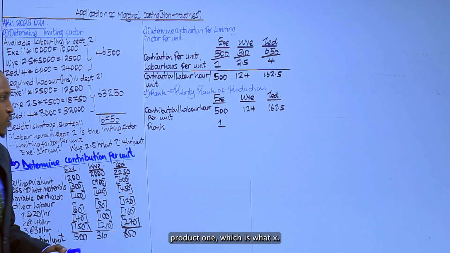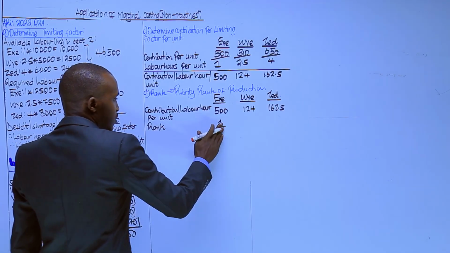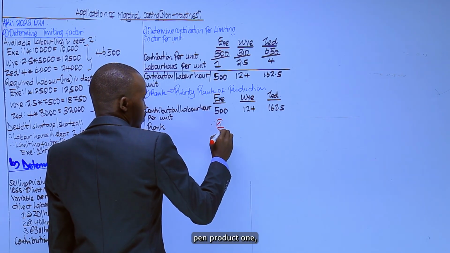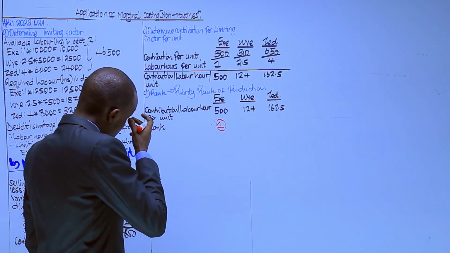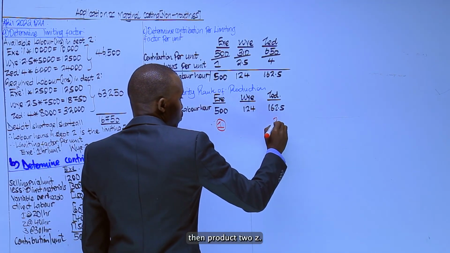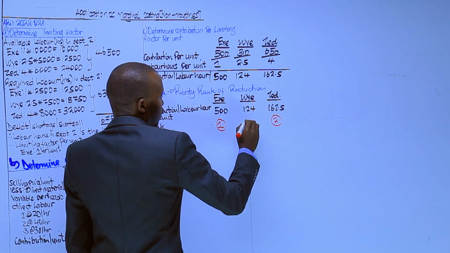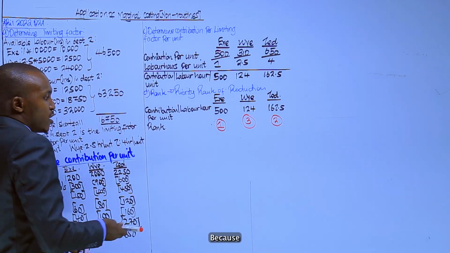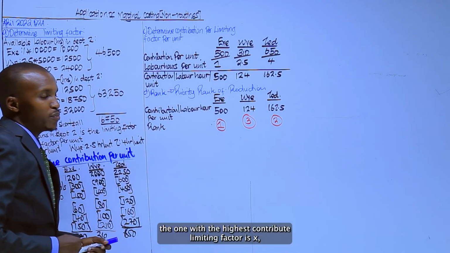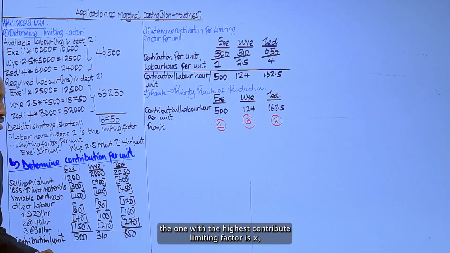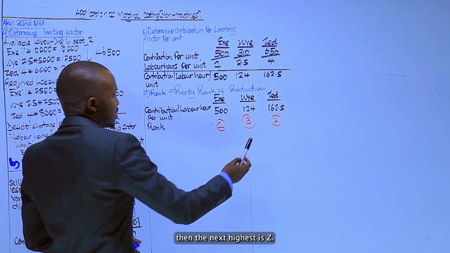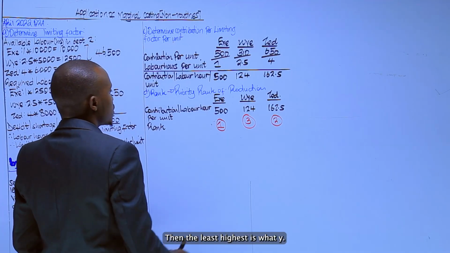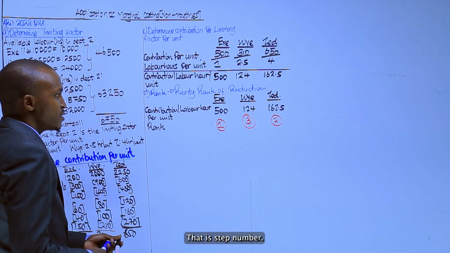Product 1, which is what? X. Let me write that using a different color pen. Product 1. Then product 2 is Z. Then product 3 is Y. Because the one with the highest contribution per limiting factor is X. Then the next highest is Z. Then the least highest is what? Y. That is step number